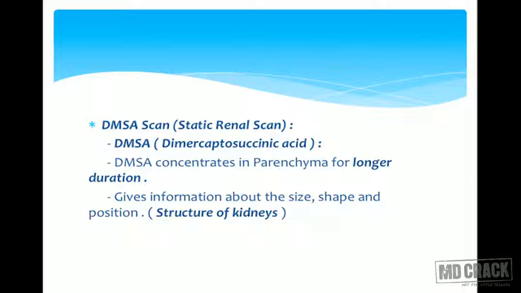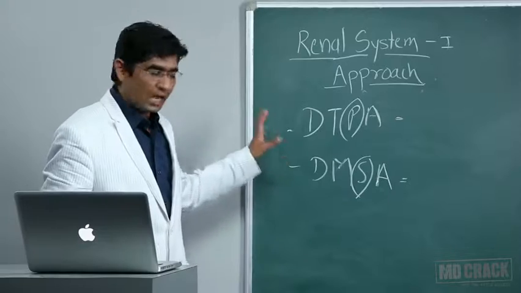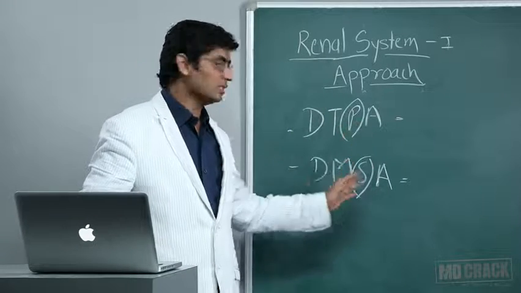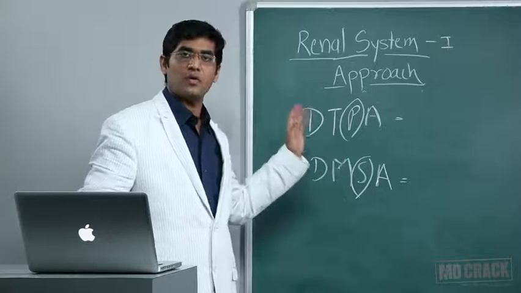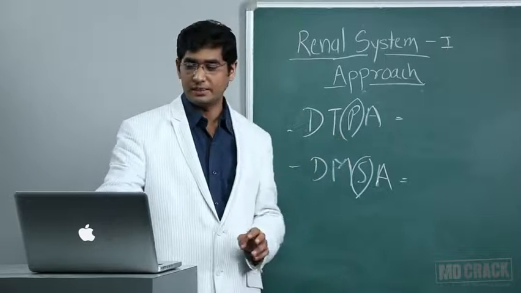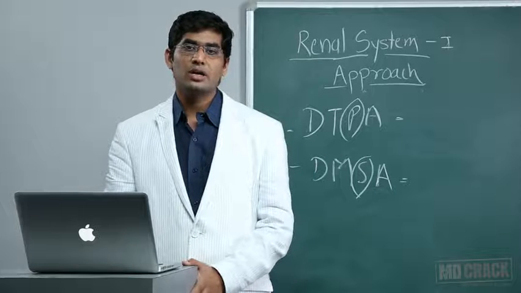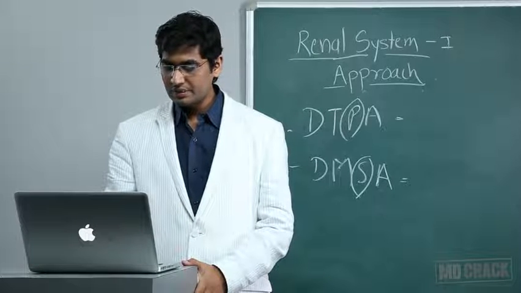What will be the shape? What is the position of the kidney? So the structure of the kidney we can get by prescribing a DMSA scan. So it is also called a static renal scan. So we have a 2 MCQ: DTPA scan for physiological function and DMSA scan for structure and shape of the kidney. So here we have discussed the approach for renal failure, and we will see